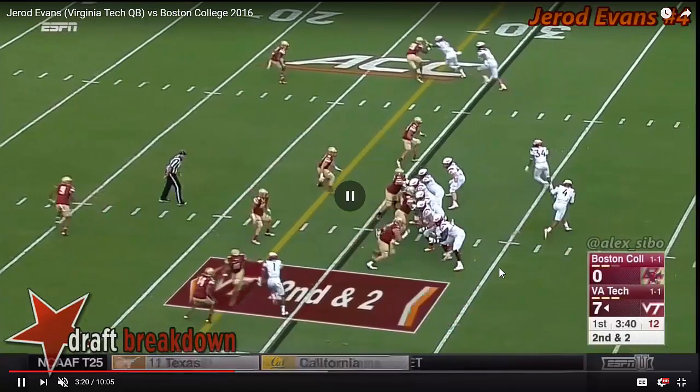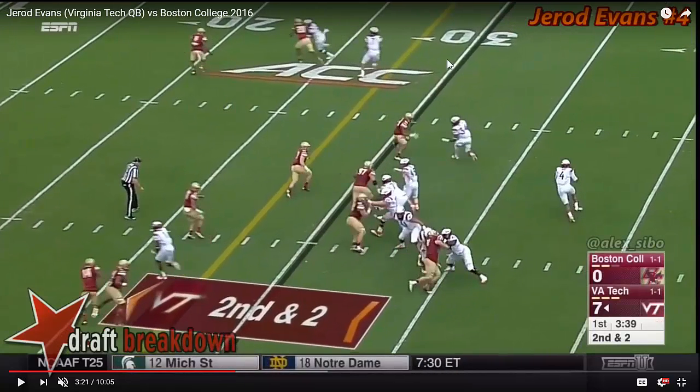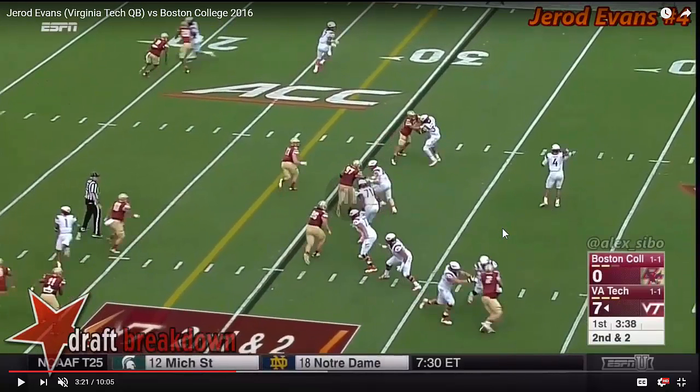And at the snap, early on we see none of that happen. The cornerback slides outside, but he's covering the slot man. That means that the safety's left here on Hodges, and the safety even takes the downfield route. So at this point, within the next 2 steps, he should be throwing this ball right now to Hodges. The ball should already be out, but he waits about 3 steps, maybe about 1 to 2 steps too long